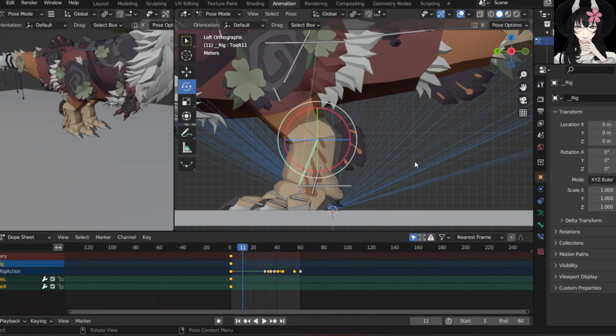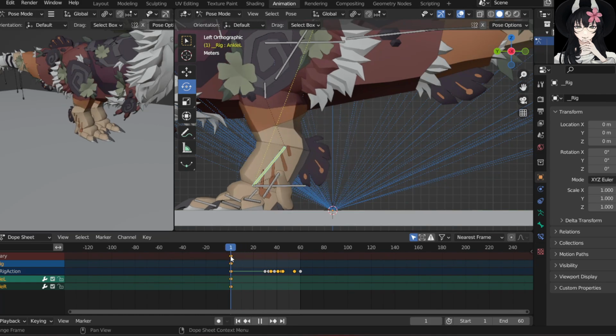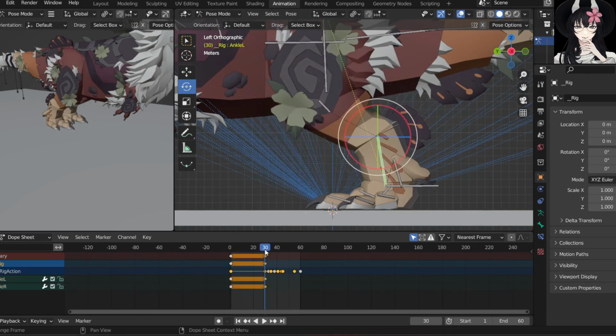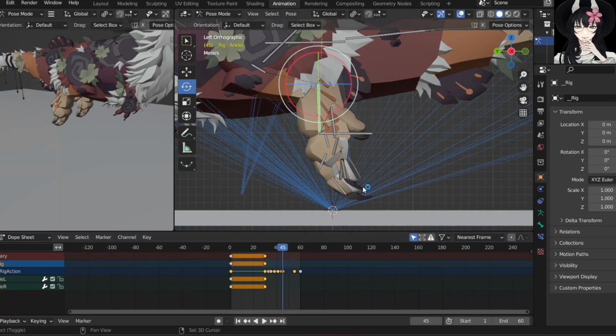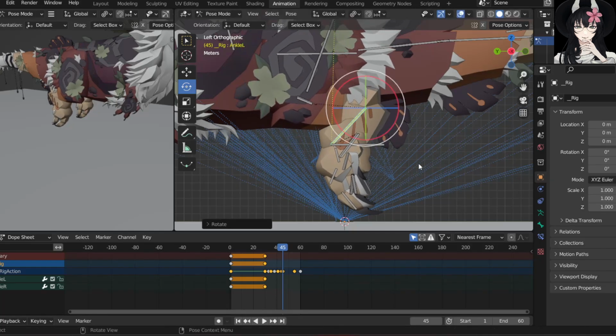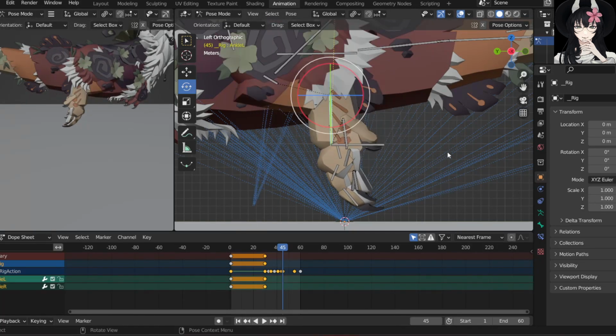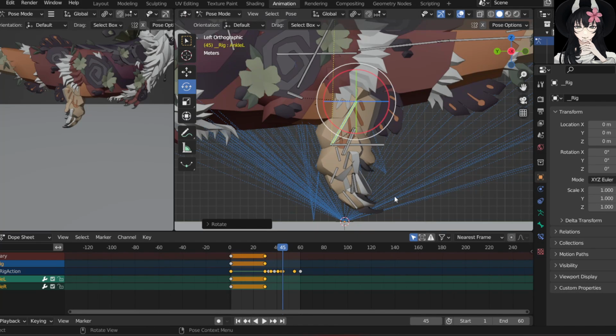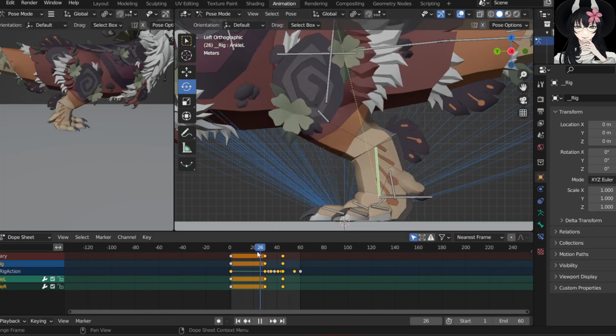And now we just have to move this. Sometimes I don't have to move this yellow bone, but make sure, because usually creatures do a little flick back into this position when they're lifting their leg,